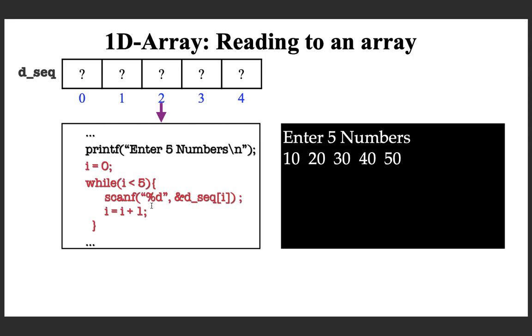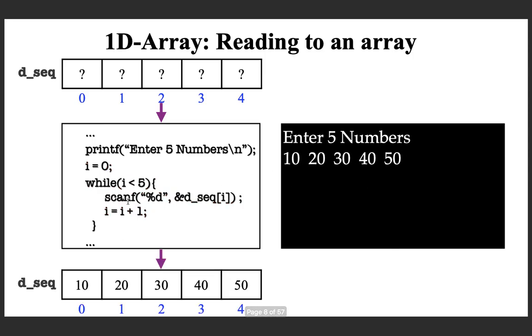Here we have to read elements into the ith position in the array. So you are passing the address of the ith position. DSeq I is that element, and this is the address of the element. I hope you are getting me. And so the only difference here is we have used a concrete statement to access, which is just reading to the ith position. And if you do that, and assuming that the user is giving these numbers, then after